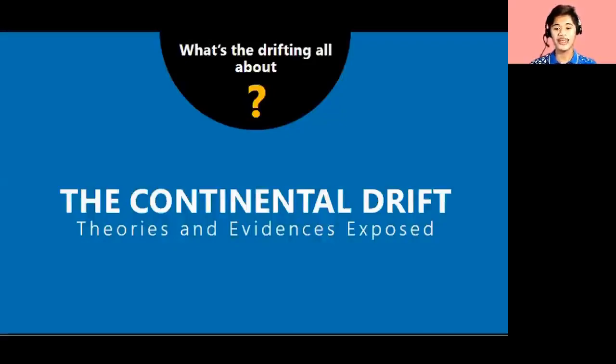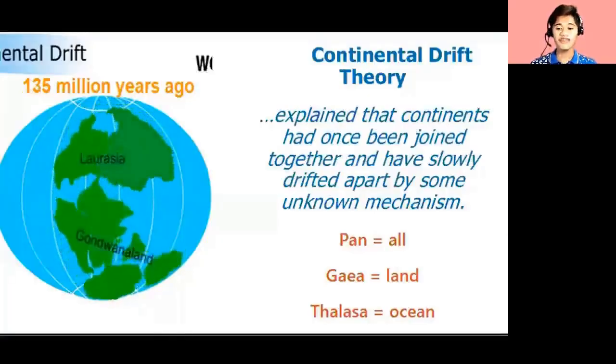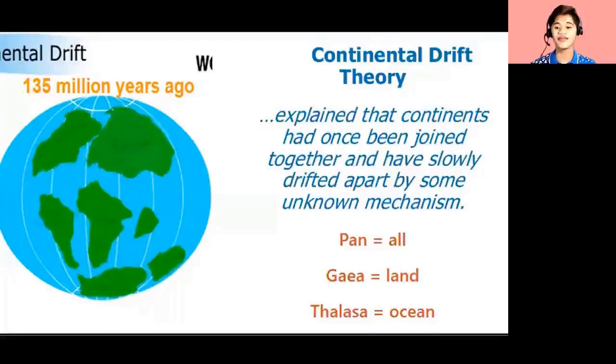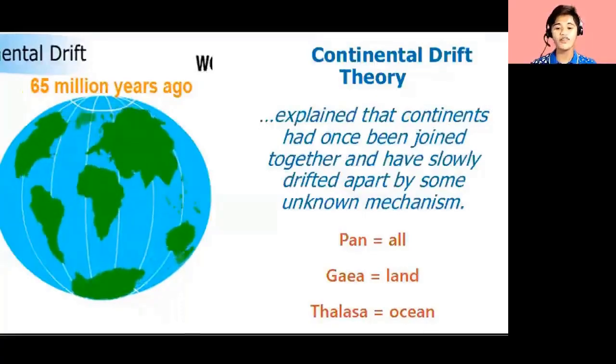Drifts are usually linked to continents. We call it continental drift. Continental drift has underlying theories and evidences that we will know later. Continental drift is actually a theory that explained that continents had once been joined together and have slowly drifted apart